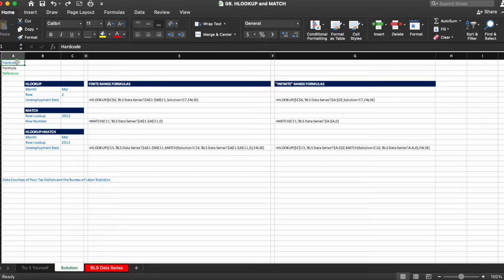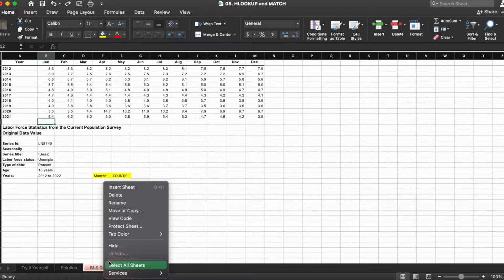We also like to color our data in other tabs to separate them out. For example, the tab BLS Data Series is red because it is raw data and we do not want to touch it. To change the tab color, you come down to the tab, right click, and then you can change the tab color to whatever you'd like.